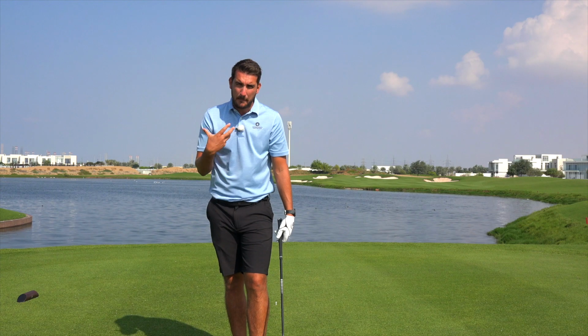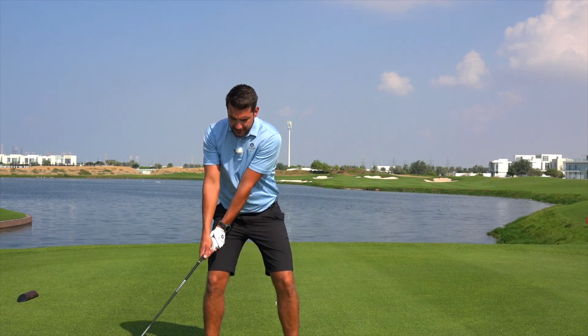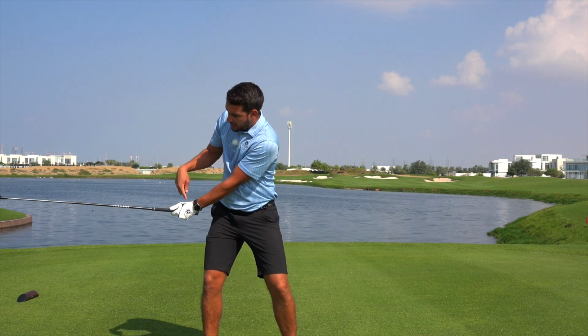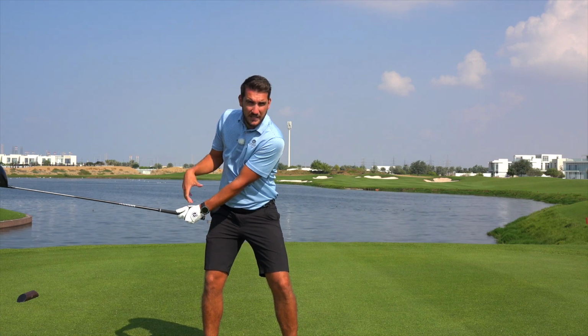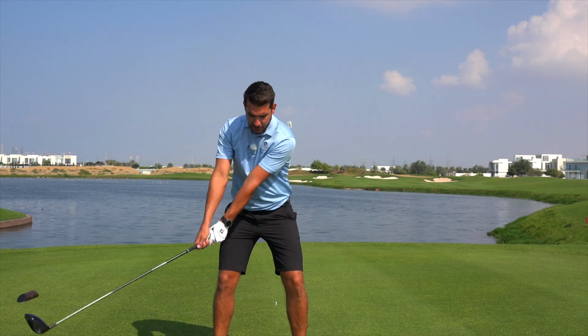Golf swing is all about matchups, isn't it? So if I have a golf swing that rotates here, but my hands don't really do much, then my wrist angle and my club face position is not really matching up to the rotation of the rest of my body. So we're going to come on to that in a second, but just as we start to do width,